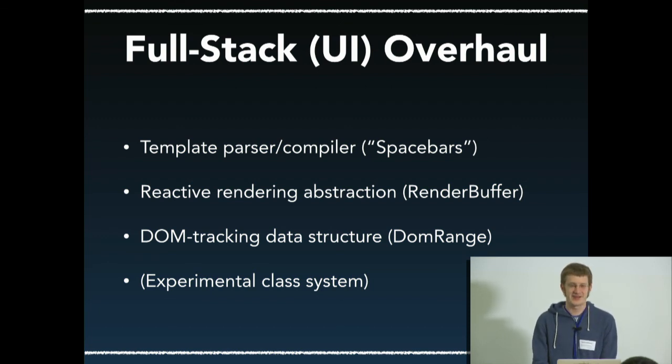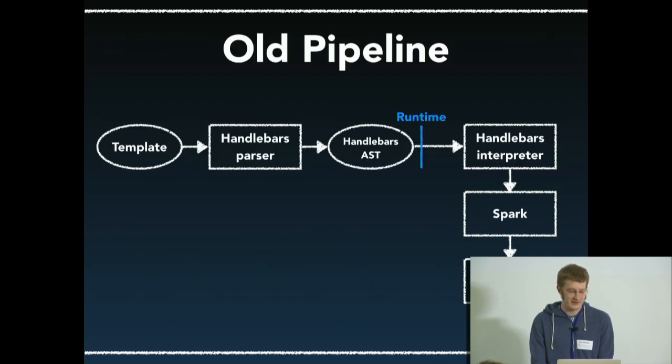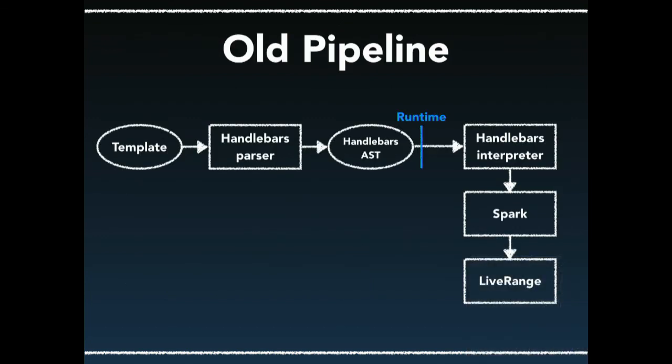We have a reactive rendering abstraction. This kind of replaces Spark. It's called render buffer. Live range is replaced by DOM range. And we have an experimental class system that implements the sort of inheritance I was talking about. And we're not talking too much about that because it still kind of hasn't settled. So here's a sort of schematic of the old pipeline